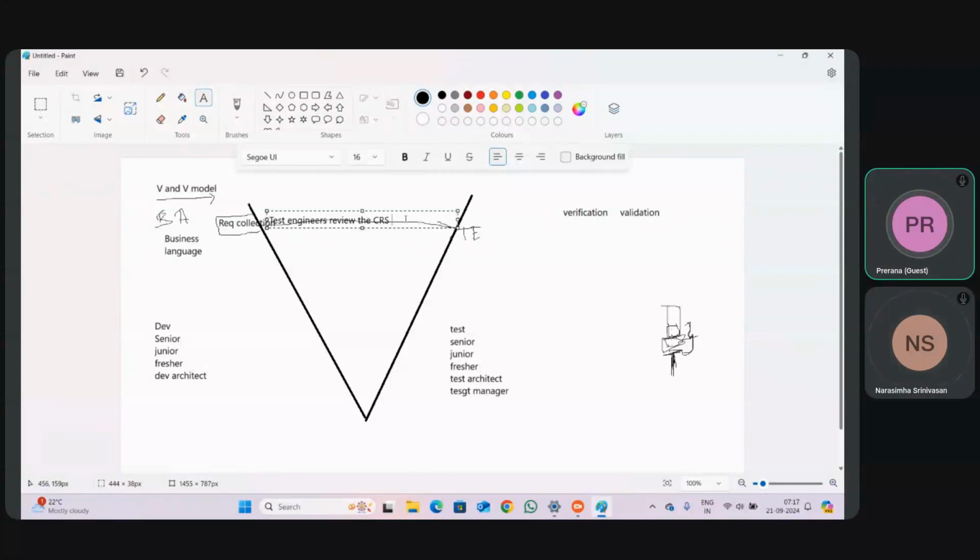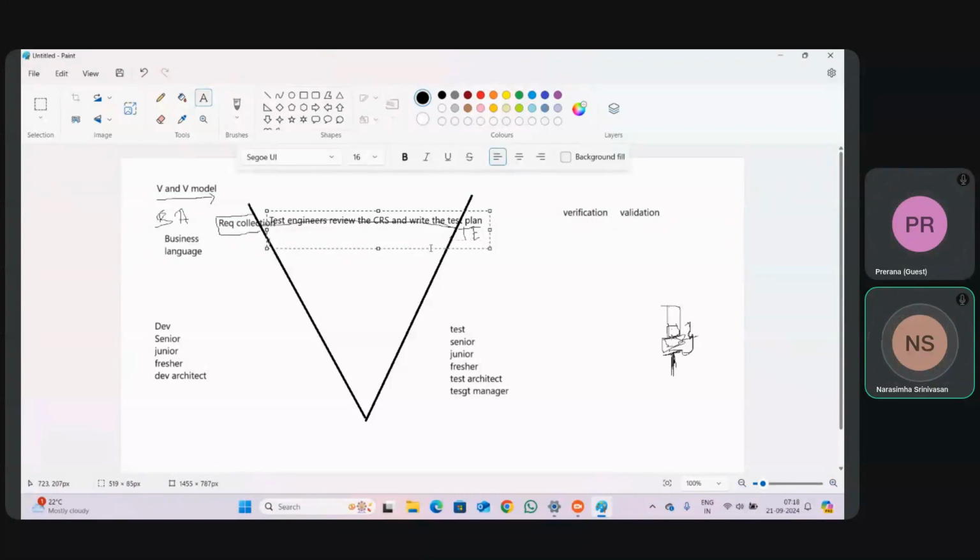The test engineer will review the CRS and write the test plan. What do you mean by test plan? You don't know; I will teach you while doing the test plan chapter.